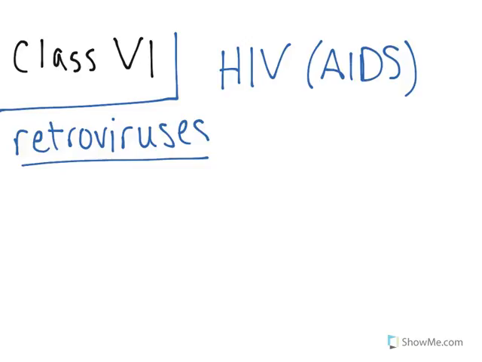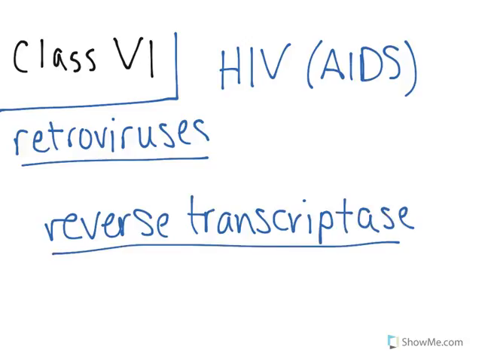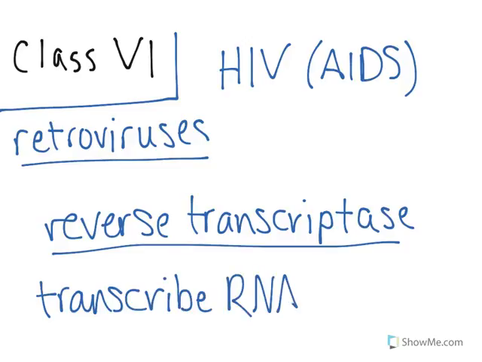So the way that retroviruses work is that the viruses are equipped with an enzyme called reverse transcriptase. So when they inject their RNA, they also inject this very specific virus enzyme as well, called reverse transcriptase. Reverse transcriptase's job is to transcribe the RNA that it's injecting into DNA. And this is going to be double-stranded DNA. And then this DNA can then incorporate into the DNA of the host cell